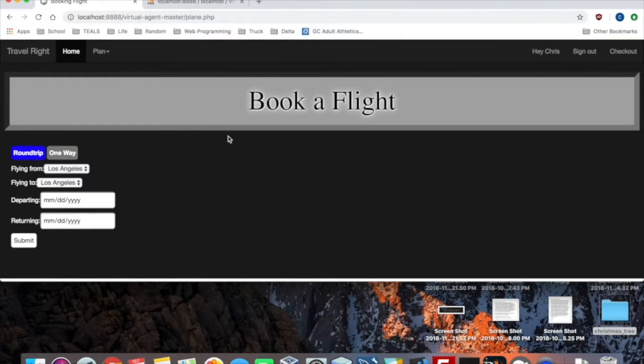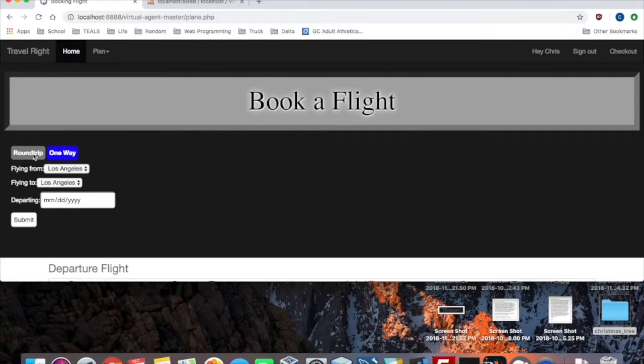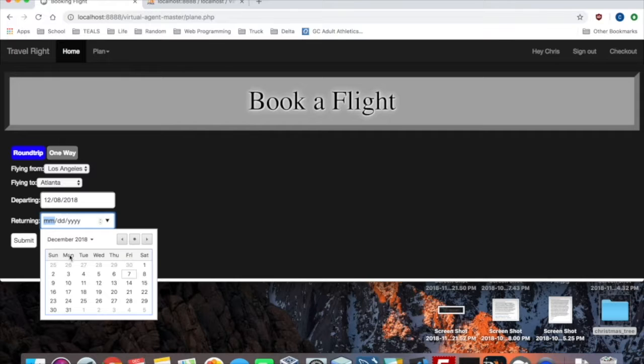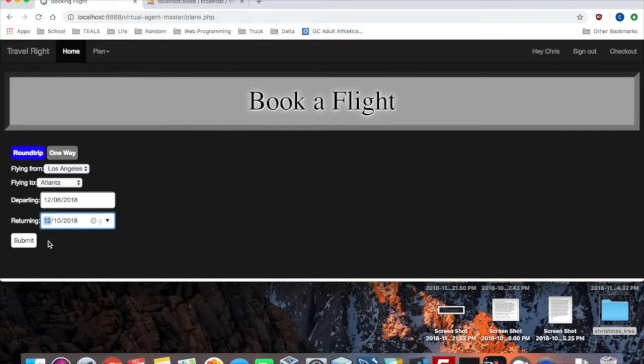So now this is to book a flight. We have options for one-way or round trip. And then in this drop down, for now, we can only pick between these four cities. So let's just pick from Los Angeles to Atlanta. Say we want to depart tomorrow and return the 10th. Now, when you hit submit,